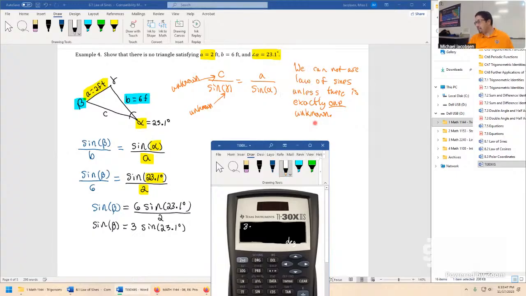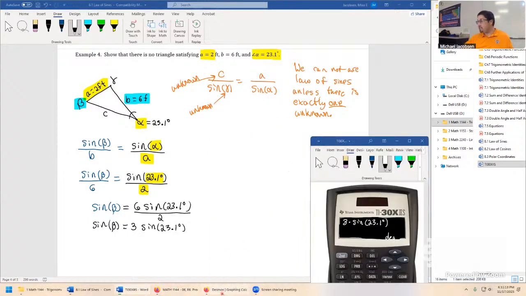There we go, so 3 times sine 23.1 degrees. And this is what your calculator would look like. Again, the thing to watch out for is you're actually in degree mode. So hit the degree button or the corresponding button in your version of the calculator to swap that up, make sure it's not in radians. And keep the idea handy because you might need to swap back to radians later on, just depending on given information. So that's what it would look like in a standard calculator.